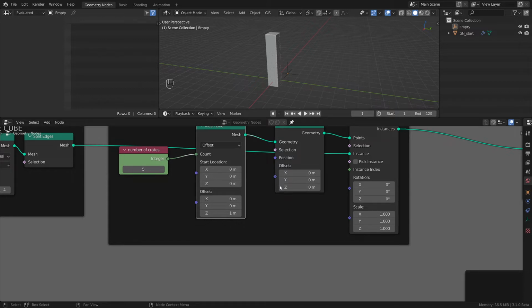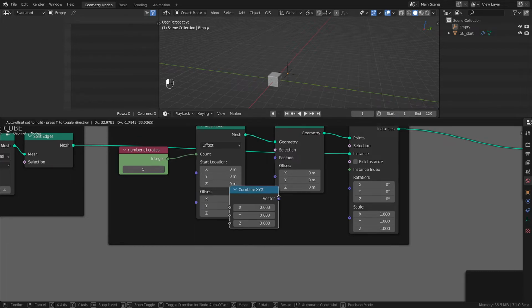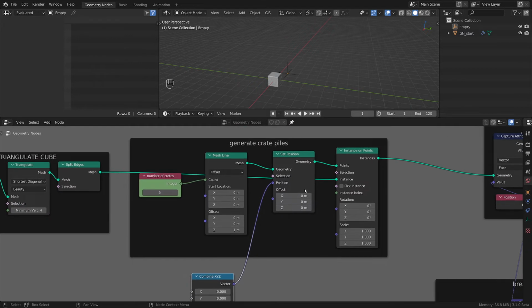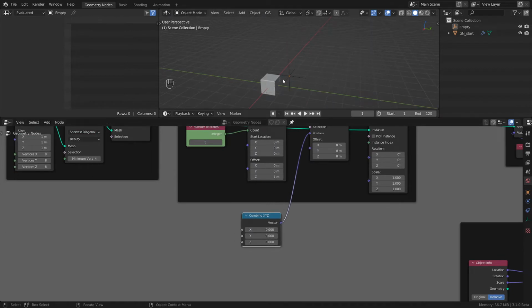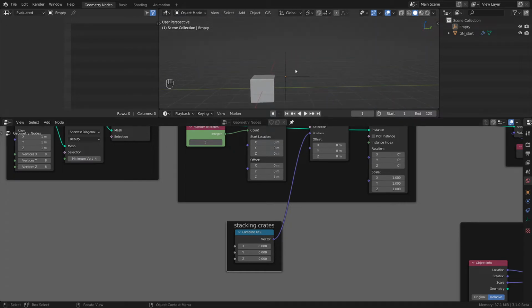this positioning. So I'm gonna take the position and do a combine XYZ on it, and everything immediately gets turned to 0 because we stacked everything at 0. Let me make a new group for this and call it stacking crates. Excellent. So now we can control the location of this, and because we want to make something that takes into account